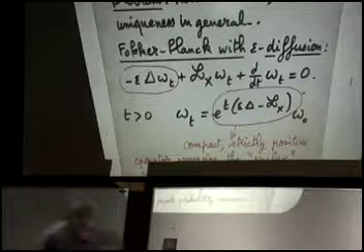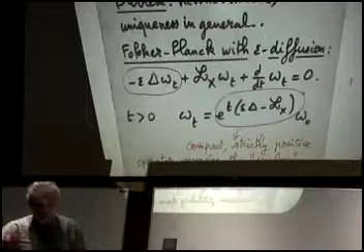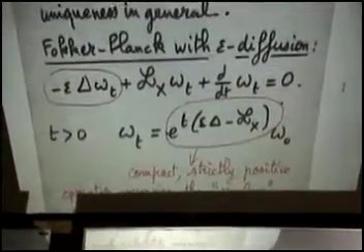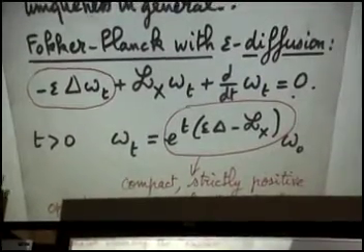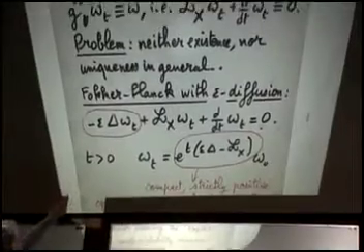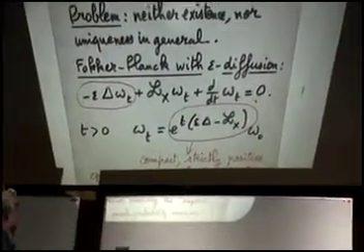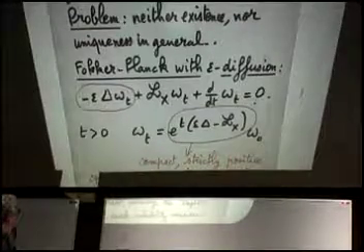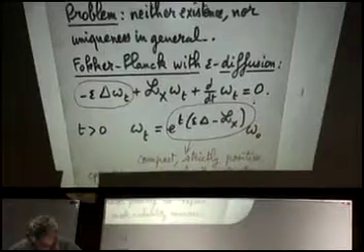Sometimes, okay? So the idea of Zeeman was to put a small diffusion into the problem, and consider the analog of this equation, the equation satisfied by omega t, adding minus epsilon delta omega t to it. That's called the Fokker-Planck equation with epsilon diffusion. At least that's his terminology. And you see that this equation can be solved